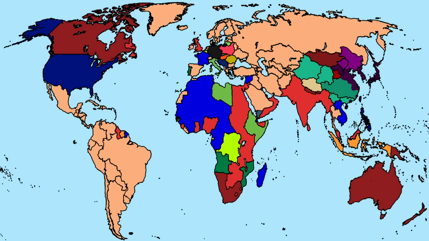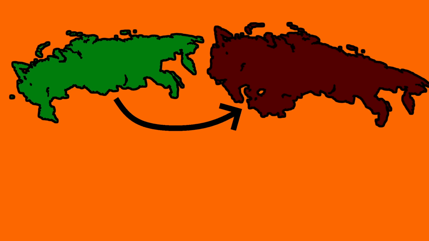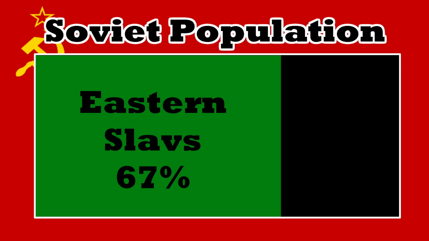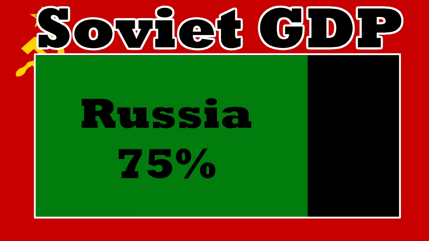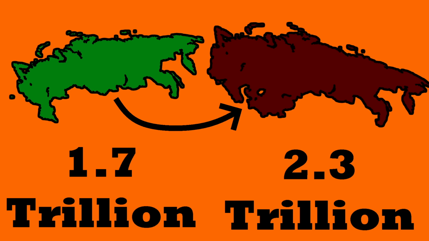The final nation to discuss is the reformed Soviet Union. While not as big as the Union would eventually be, it's still a massive expansion for Russia. Their population doubles from 145 million to 290 million. Within this union, Eastern Slavs make up around 2/3 of the population, with significant Central Asian and Turkic minorities. Economically though, the Russians, so not even including the Eastern Slavs of Ukraine and Belarus, hold 75% of the GDP of the nation, as Russia's total economic output only grew by around 33%, showing just how poor most of the